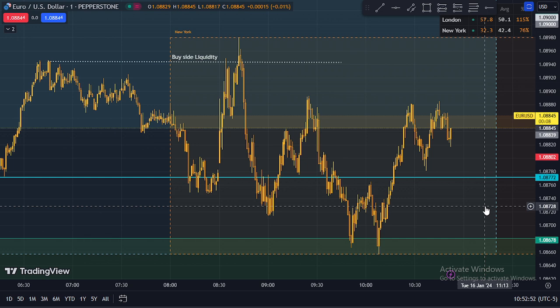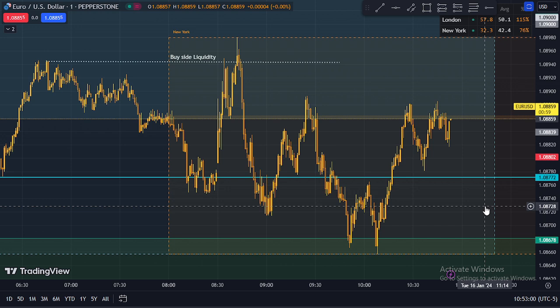This is Euro USD, and in this video, this will be an introduction to breaker blocks and also breakaway gaps. So this is a 1 minute chart. So this is today's price action. As you can see,